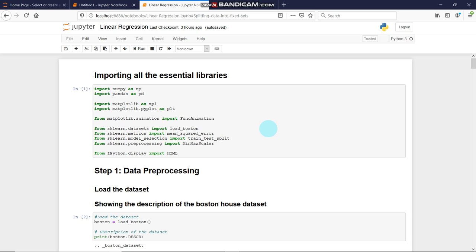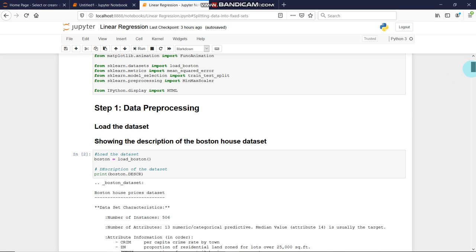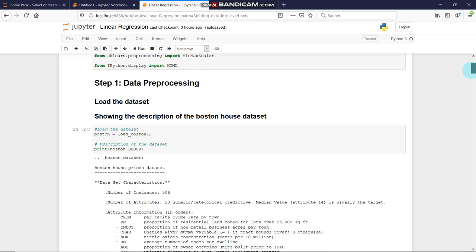Under data visualization, I will be making some plots, graphs, and some animated stuff also here. For that only, the FuncAnimation has been imported. And so yeah, let's get started with the steps. This was made under 4 steps only. I'll go through each step one by one. Step one was data pre-processing.